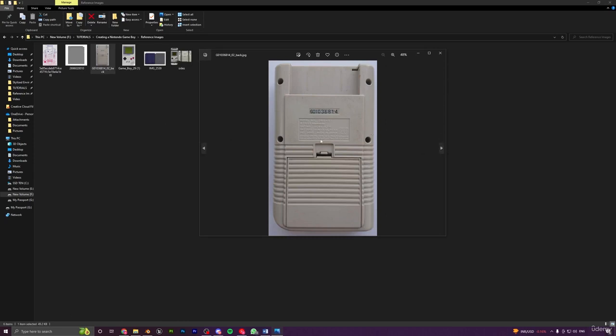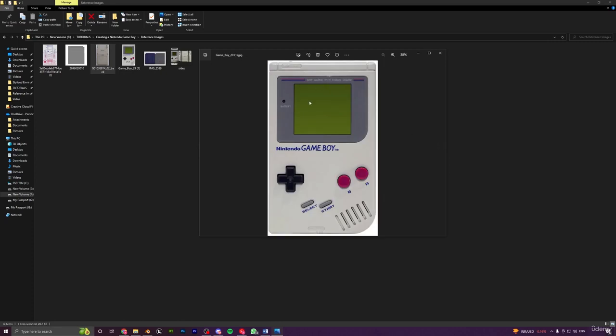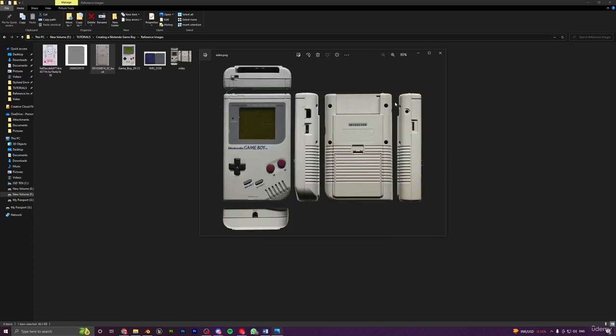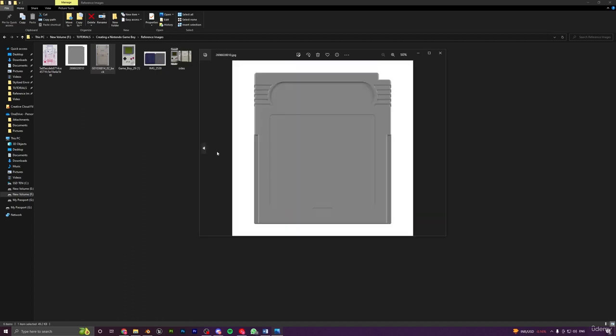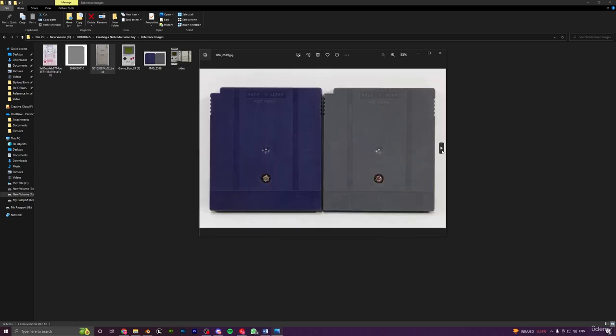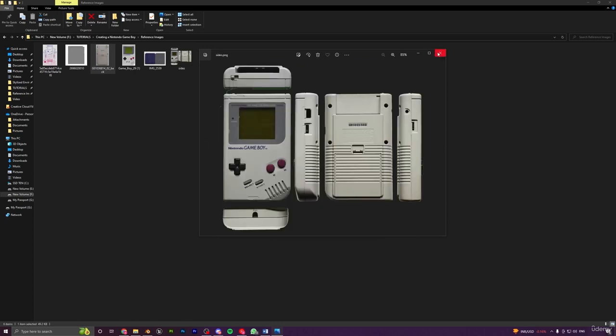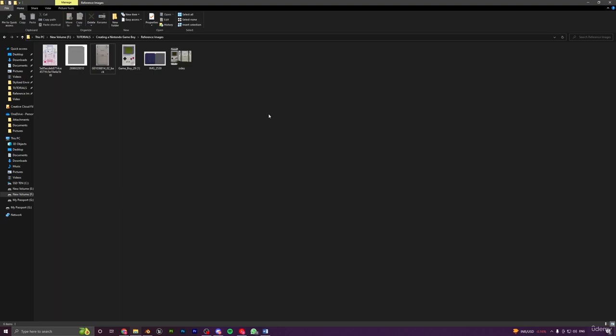Like we have this one with the back side of the model, we have this with the front side, and we also have this particular image that has all the different views of the object. So yeah, you can definitely check these out to get the proper idea for the object. We also have the reference images for the small cartridges that we will be creating to add some extra detail to our object. So yeah, let's just begin now, and what we will do now is go back